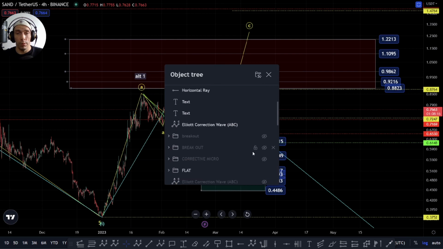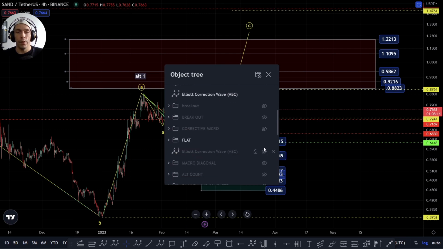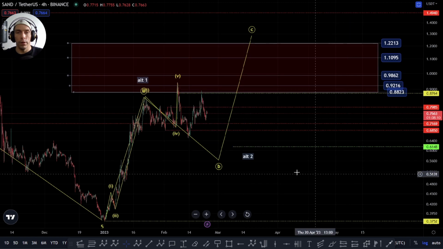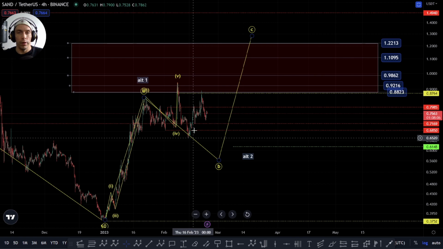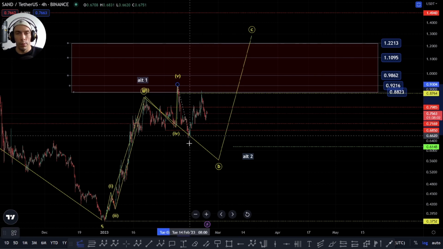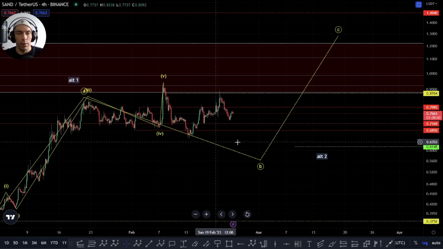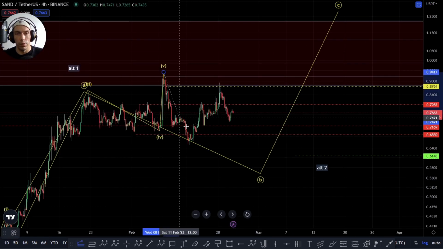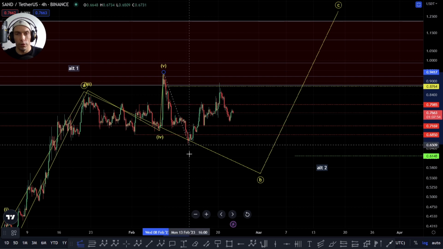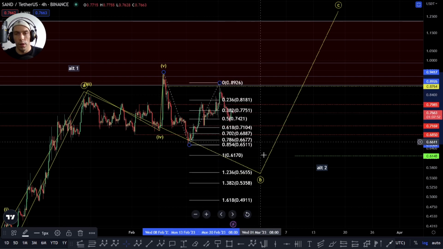Okay, so we're going to be talking about the other count now. So the alternative count effectively, like I said, is coming into this high point. So this would be looking at it differently. This would be looking at this as an A, potentially a B and a C. So that 1-to-1, if we were looking for that possibility over here, what we'd be looking for effectively is a 1-to-1 to the downside, or for the current structure, would take us down into that